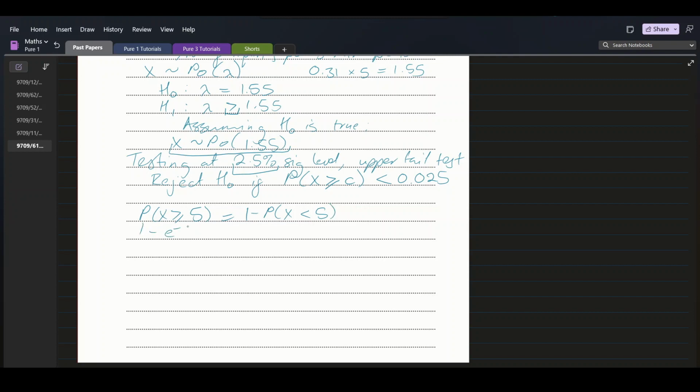So this is 1 minus the probability that X is less than 5. And so that's 1 minus e to the negative lambda, which is 1.55, and then we'll do lambda to the power of 4 over 4 factorial plus lambda to the power 3 over 3 factorial plus lambda to the power 2 over 2 factorial plus lambda plus 1. Let's punch this into the calculator. 1 minus e to the negative 1.55, open bracket, 1.55 to the power 4 over 4 factorial plus 1.55 to the power 3 over 3 factorial plus 1.55 squared over 2 factorial plus 1.55 plus 1, and this gives us